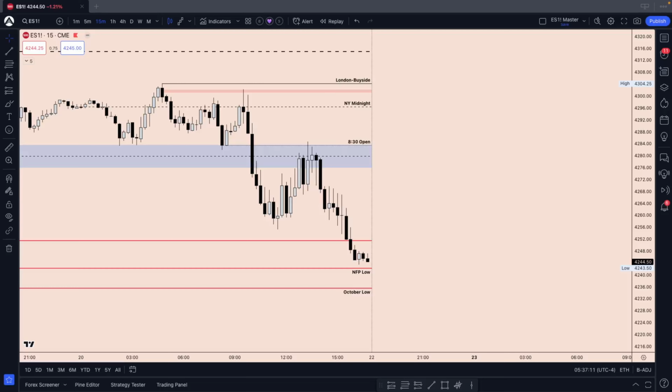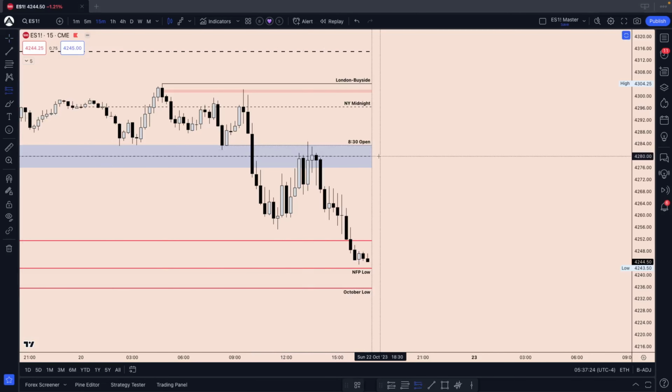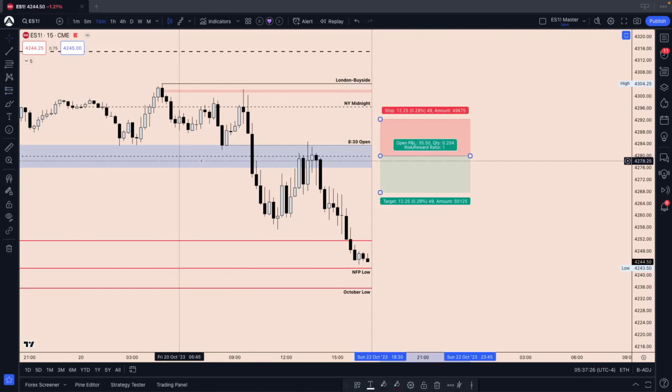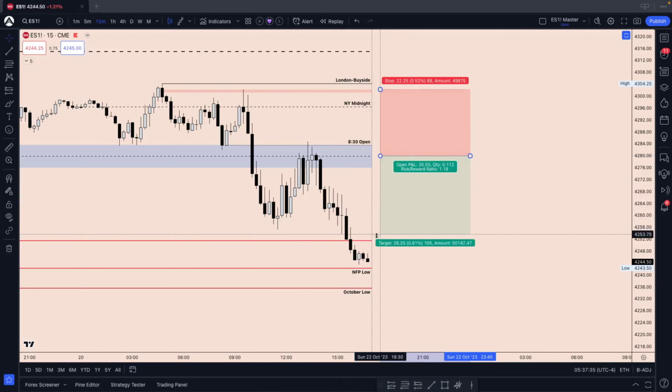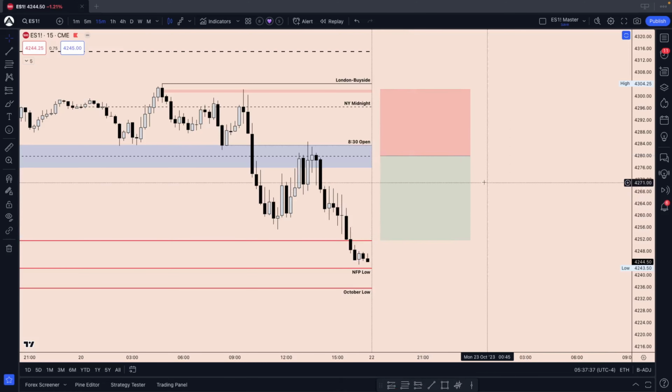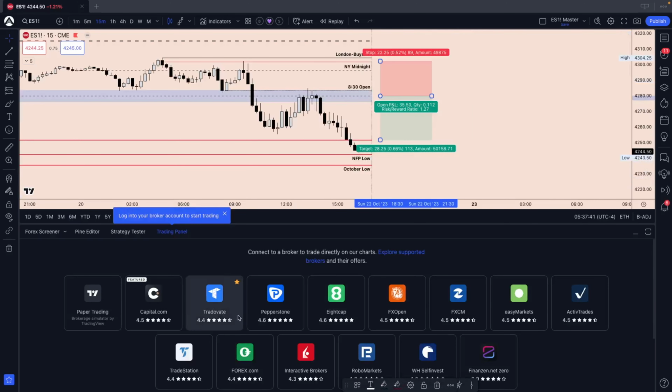One of the biggest reasons why I trade with futures funding firms right now is that I can execute on TradingView right here. I do all my analysis here and I simply place my short position tool. Say I want to go short of this 1 hour inversion fair value gap to target all the sell side below. I place my stop above this high, target the sell side for a 1.25 risk to reward trade, and I simply click here on create limit order.